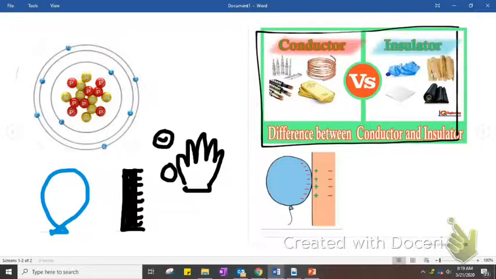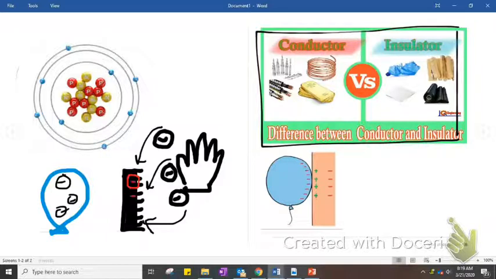I'm going to represent an electron with a circle with a minus sign in the middle because they're negative, to join the atoms on the comb. When the comb, by the way, if you used a balloon, same thing. Your balloon would have more of a negative charge. So that means that my comb overall has a negative charge. Alright, so then what happened next? My comb, which had a negative charge,